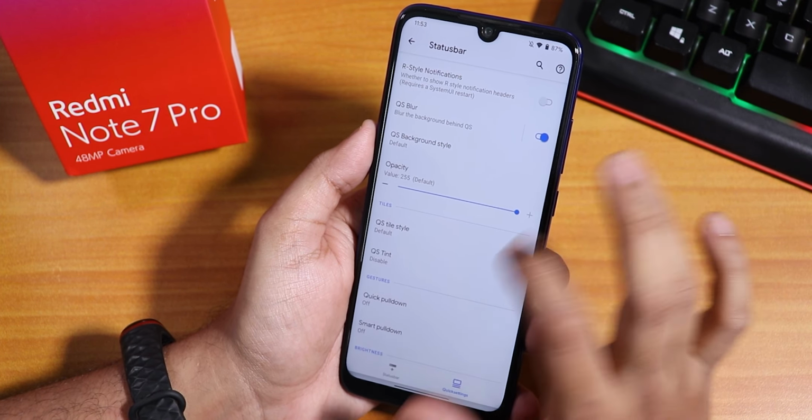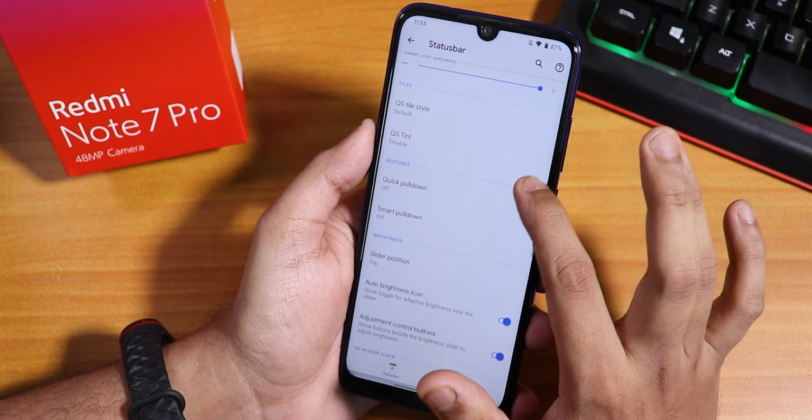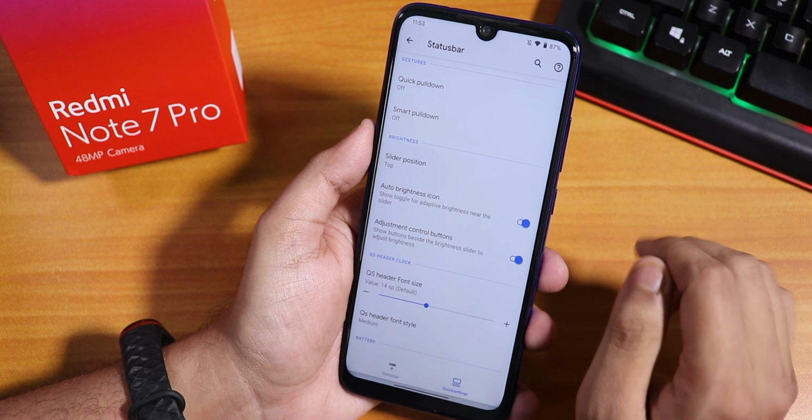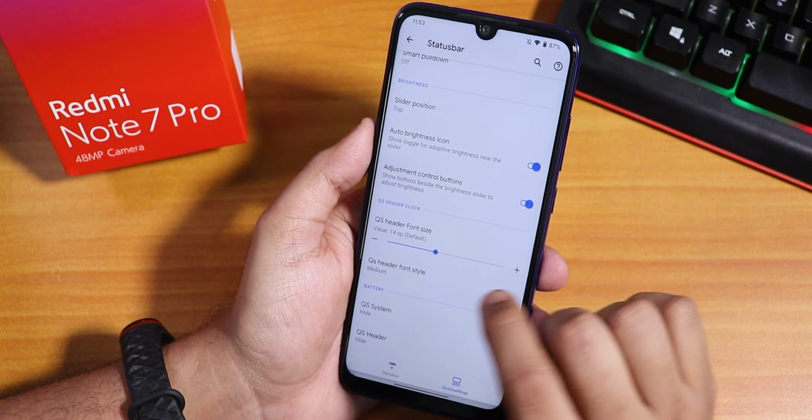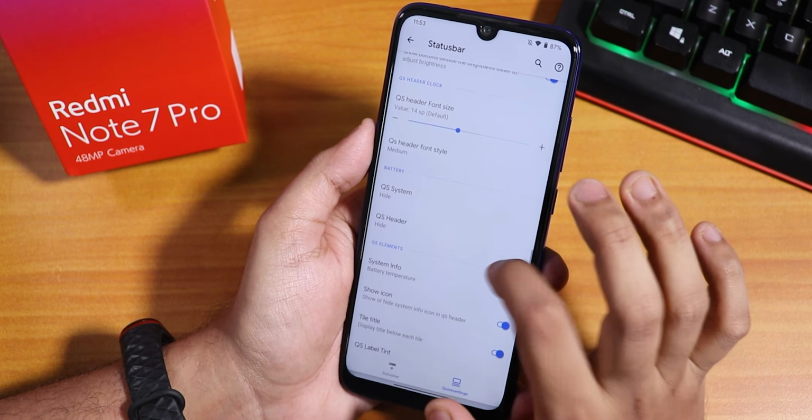Here we have the quick setting blur and stuff, then opacity control for the quick settings, then quick pull down, smart pull down, both are there. Then slider position, you can change it to top, bottom or hidden. And then we have the quick setting header font size. Then we have the quick setting